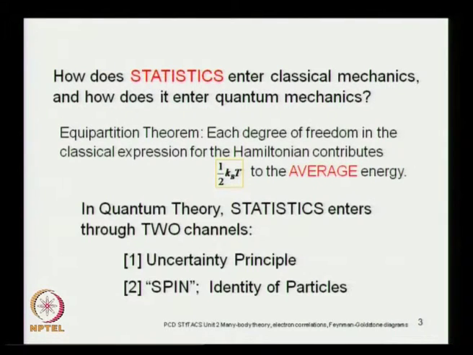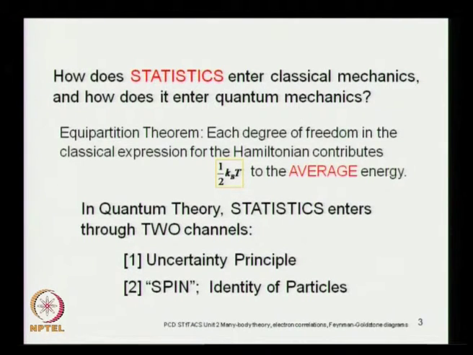In quantum mechanics, statistics enters because of the uncertainty principle. So laws of nature are intrinsically statistical. There is a probabilistic interpretation that quantum mechanics demands even when you are dealing with a single particle or even when you are dealing with vacuum. So it has nothing to do with the number of particles. Number of particles only makes it more complicated, but having fewer particles, having a single particle does not eliminate statistics. And then